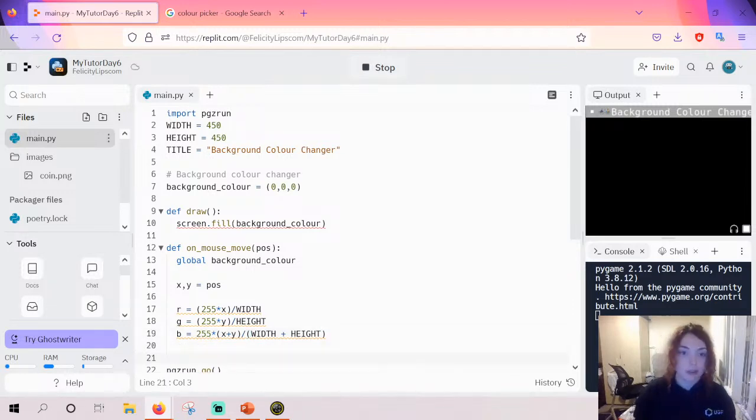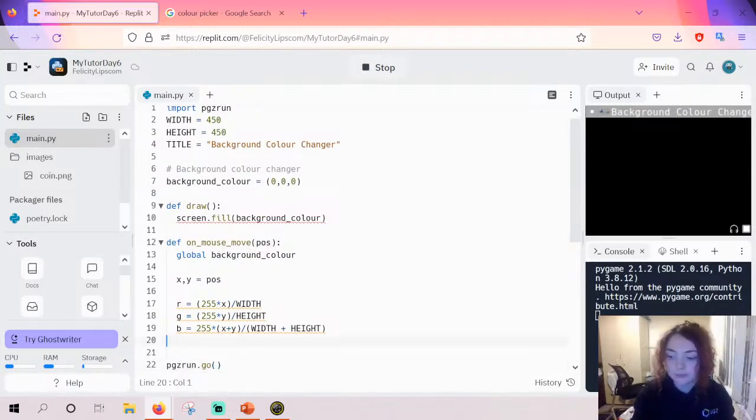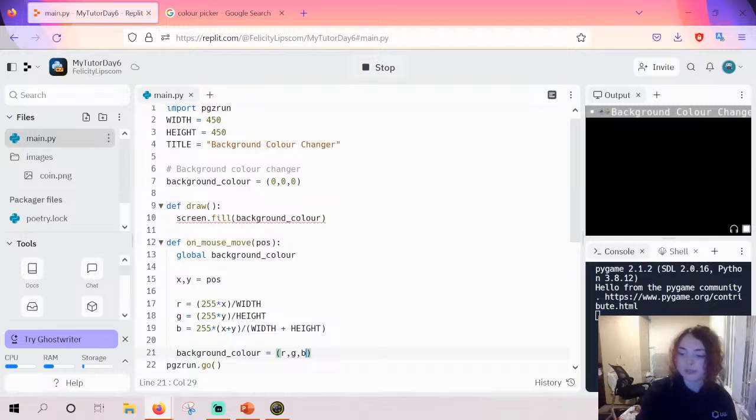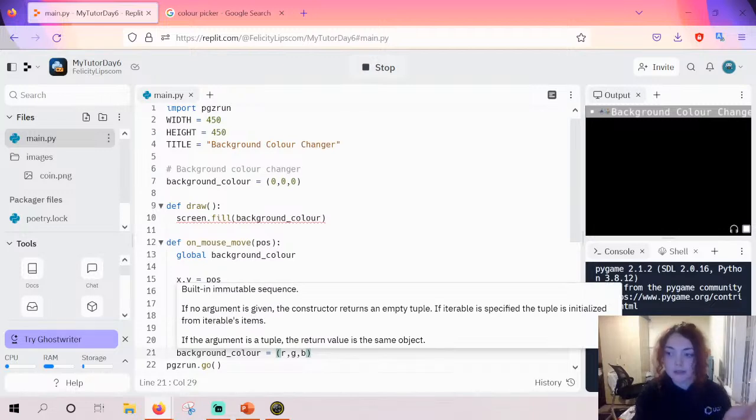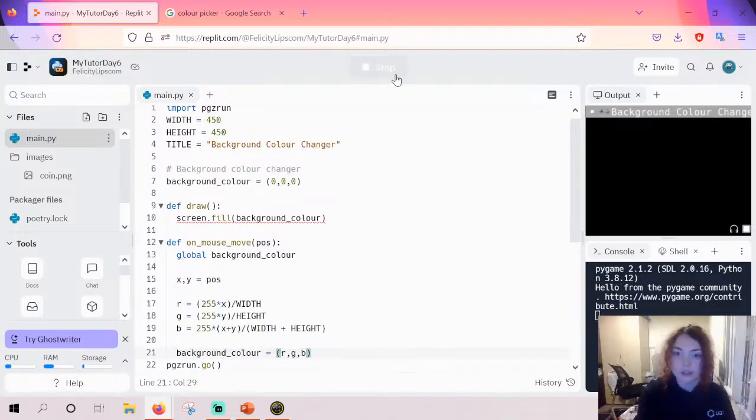So once you've got those three variables, the last thing you need to do is change background color. So the color that's here, we want to change that to be background color. It's now instead going to be equal to (R, G, B). So every time the mouse moves, we're going to work out where the mouse is, change these three variables R, G, and B to be a color based on where the mouse is, and then we're going to change the background color to match that new location. So if I run that code,